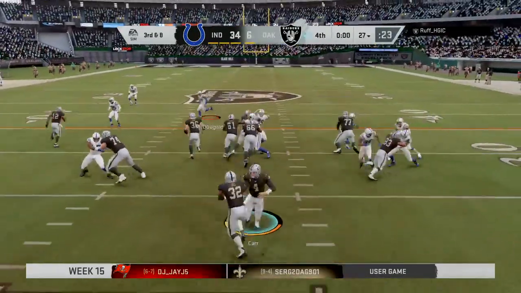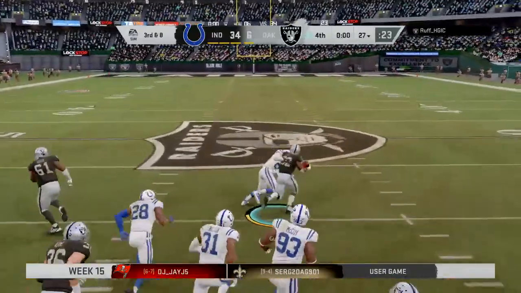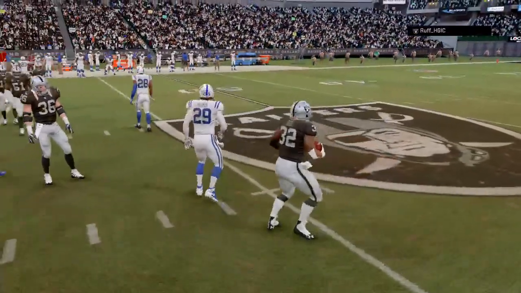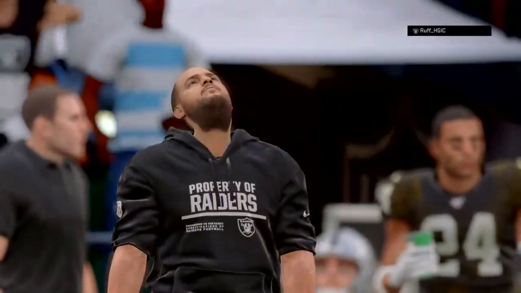That's it. 3rd down, here's Geis. He finds an opening past the 40, and he'll take it to the 43-yard line. So this one winds up an